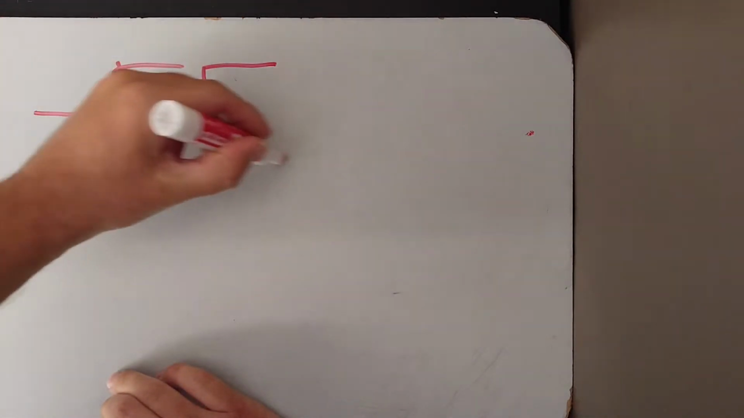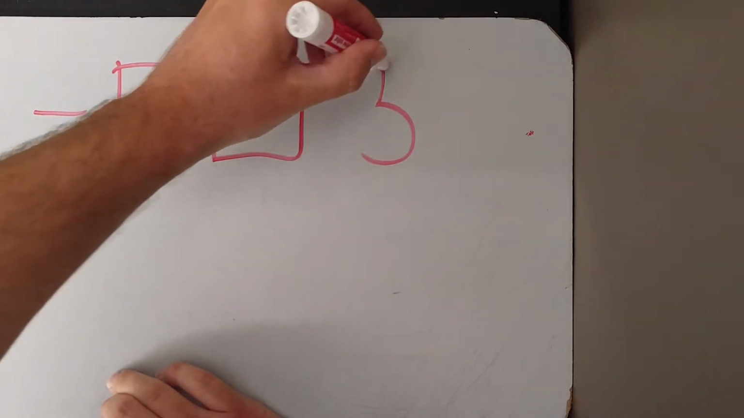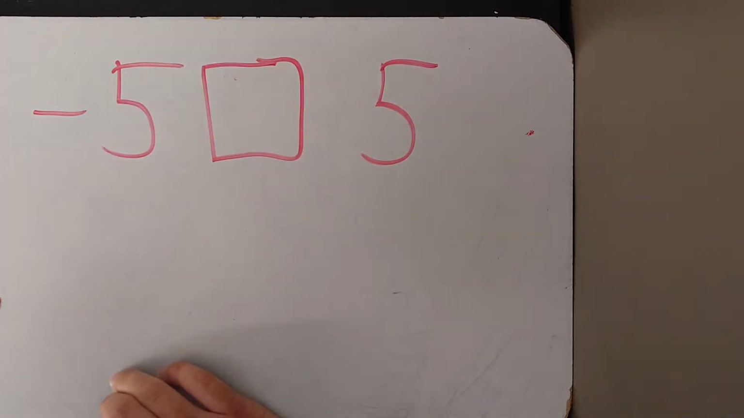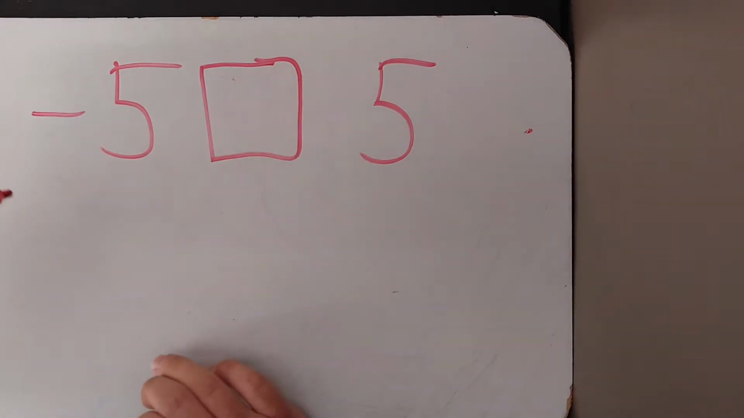This video is for lesson 1-3, integers and absolute value. If you had two numbers like -5 and +5, and you had to determine less than, greater than, or equal to, you could use a number line